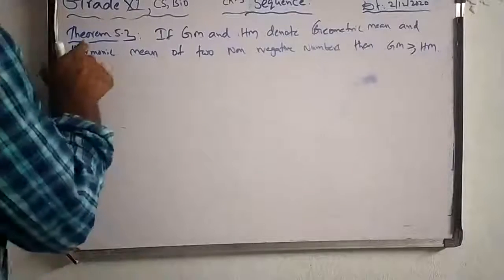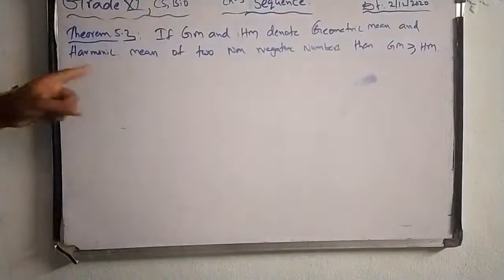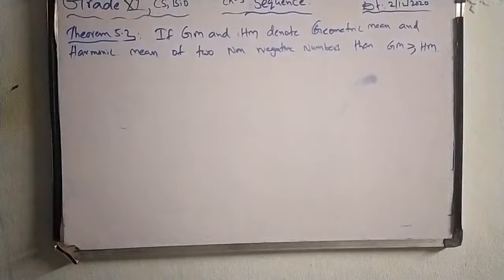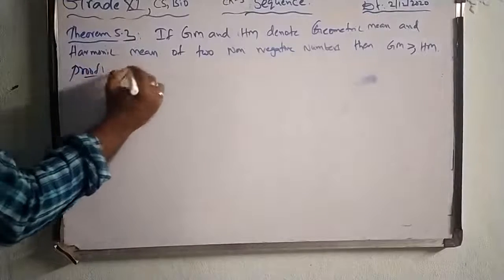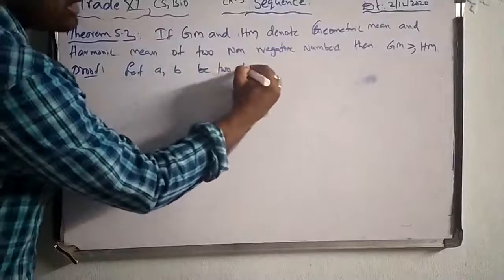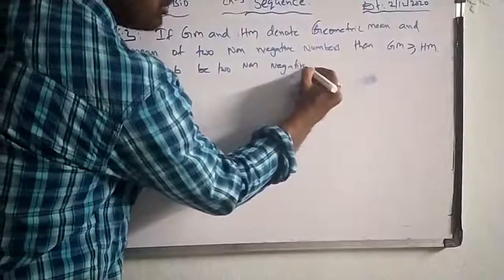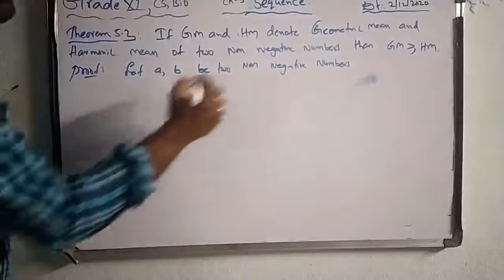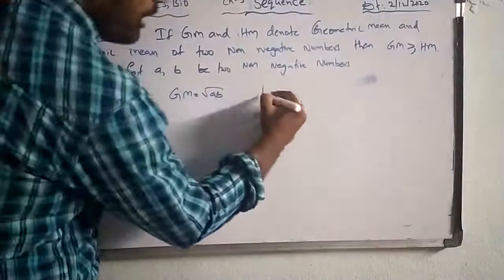Okay, next, theorem 5.3. If geometric mean and harmonic mean of two non-negative numbers, then we need to prove that geometric mean is always greater than or equal to harmonic mean. So let us start doing the proof. Let A, B be two non-negative numbers. For these A, B, geometric mean is given by root of AB